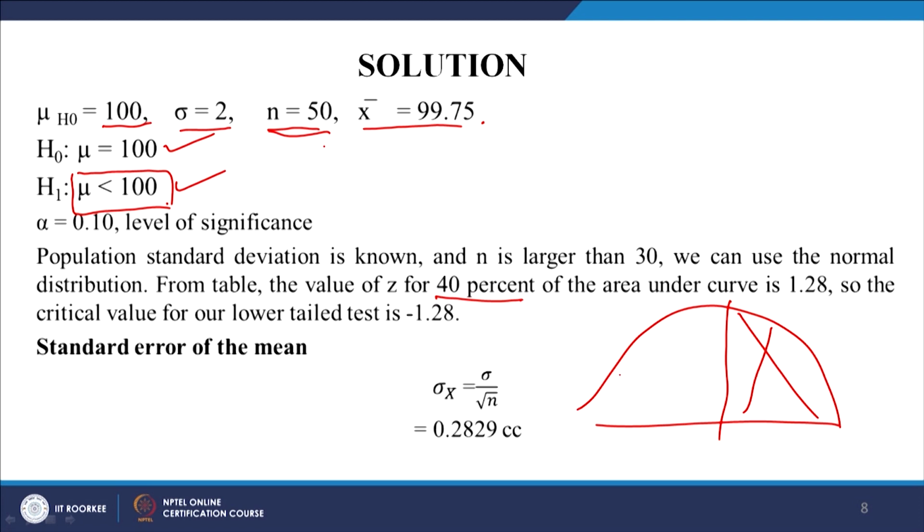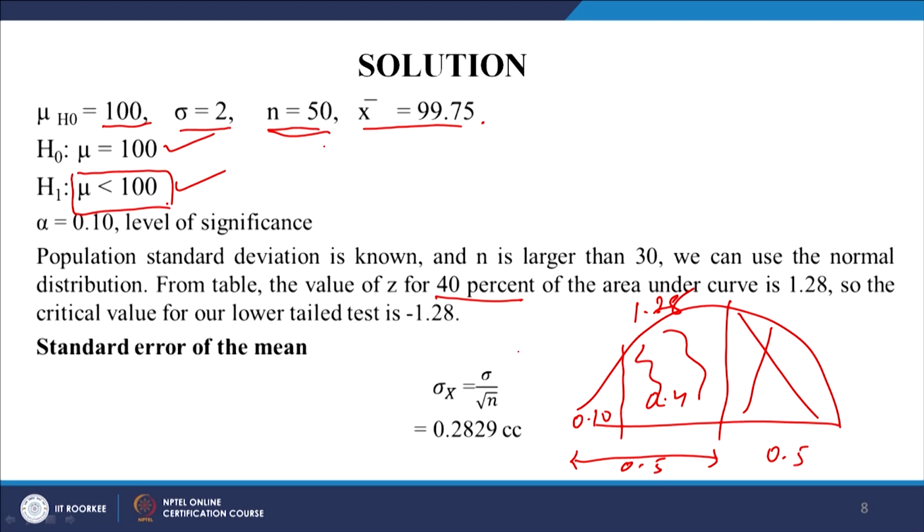So, the left side, the significance level was 10%, so rejection was 10%. So, what is left? This entire zone was 0.5, this was 0.5, correct. So, 10% has gone into the rejection. What is left? 0.4. So, this 40% area under the curve corresponds to 1.28, it says. Because it is the left tail, it is minus 1.28.